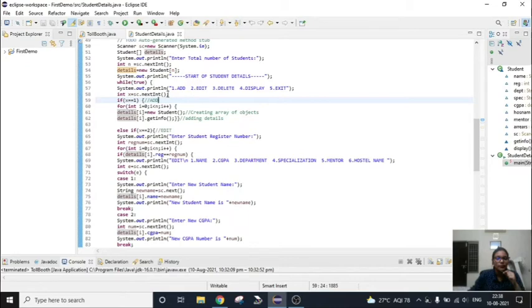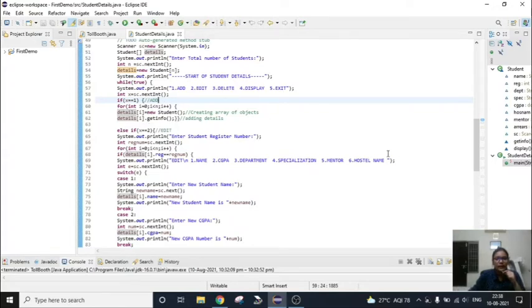So if the user presses 1, so if x is equal to 1, then using a for loop, I have given this information called details, which is in an array. Since there are a number of students, according to the number of students, it will take the information of that student, and it will print out the information.